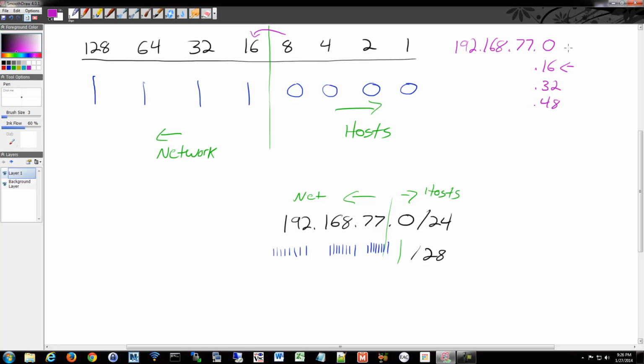This is your network IP, or your network address. So this is what defines your network. Remember before we were talking about a network address and a broadcast address and the first and last usable host address? We can now figure that out by looking at this. So let's say we wanted to determine the broadcast and usable addresses within one of these networks. It's actually pretty easy now. So if .16 is our network address, it's going to be